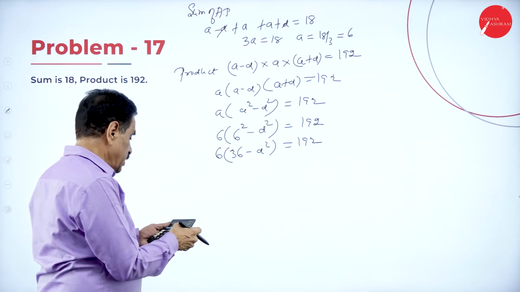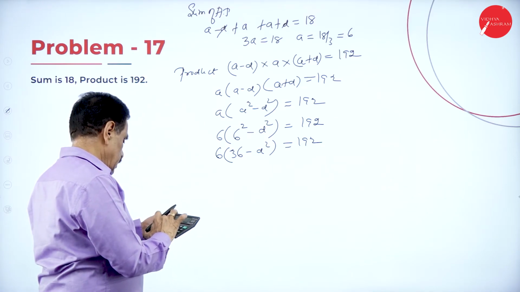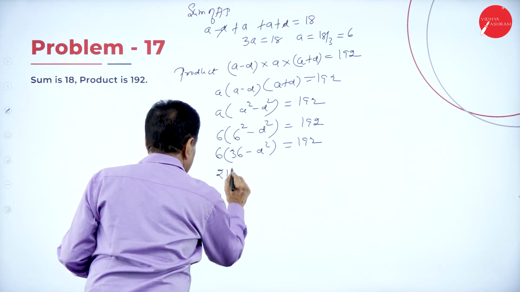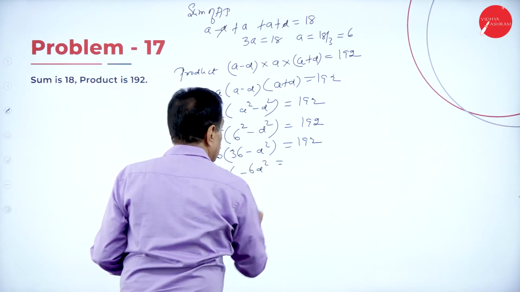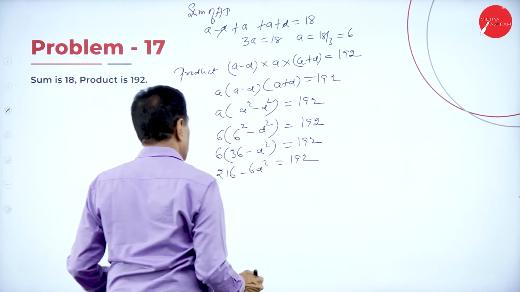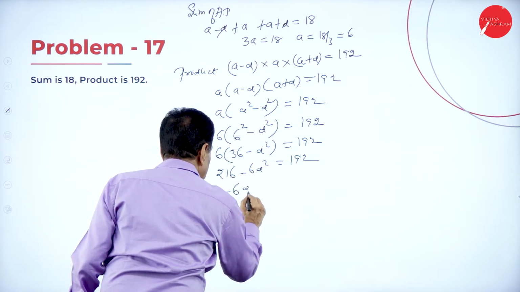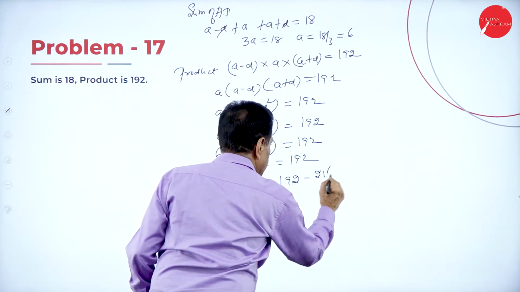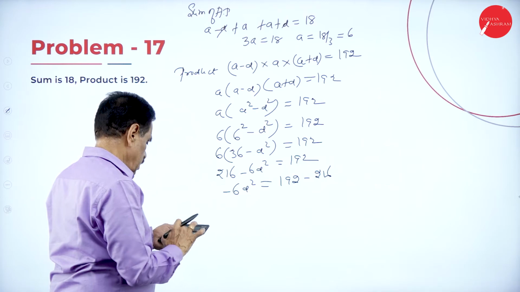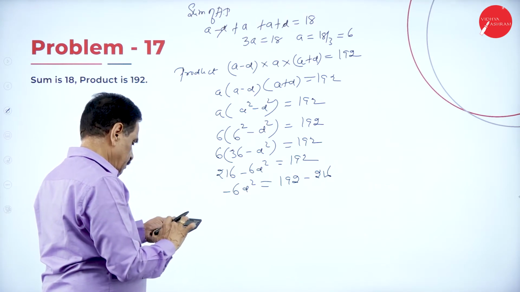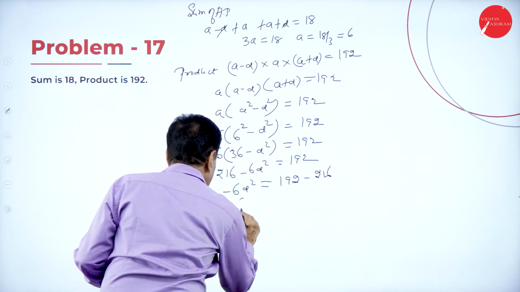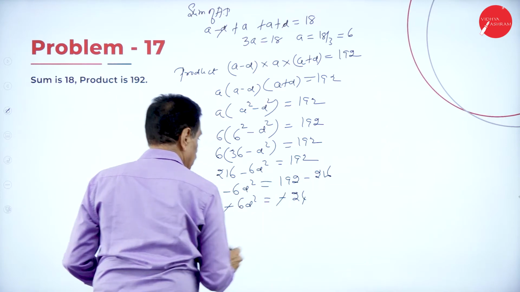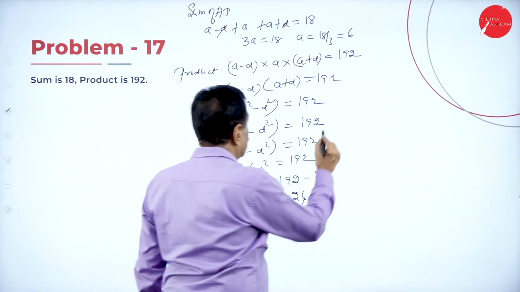So 36 into 6 is 216 minus 6D square is 192. Minus 6D square is 192 minus 216, which is minus 24. Cancel minus minus. So D square is equal to